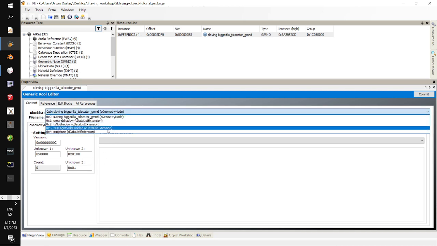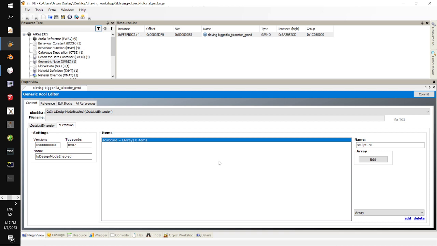So, let's check out design mode enabled. If you are slaving an object to another object, the two blocks that you should be concerned with are design mode enabled, TS design mode enabled, and TS materials mesh name. In this case, this has already been enabled for the previous object because it is recolorable, and it is linking to the subset that we want to make recolorable. So we don't need to do anything in this case, but if you're doing this on your own,